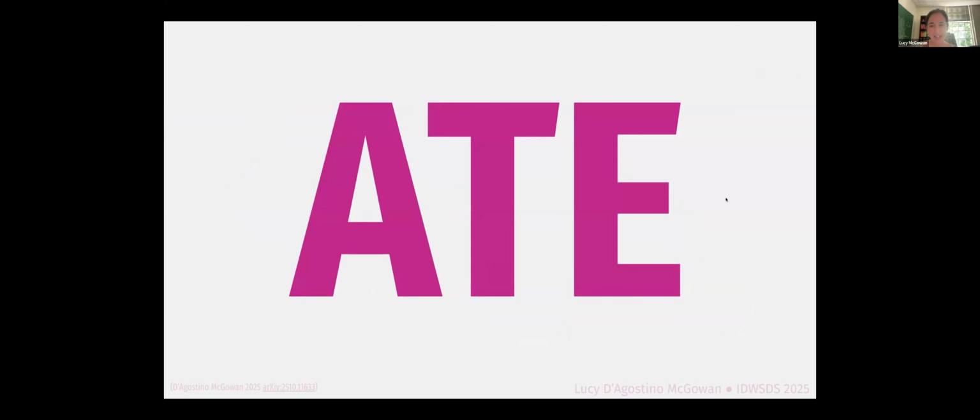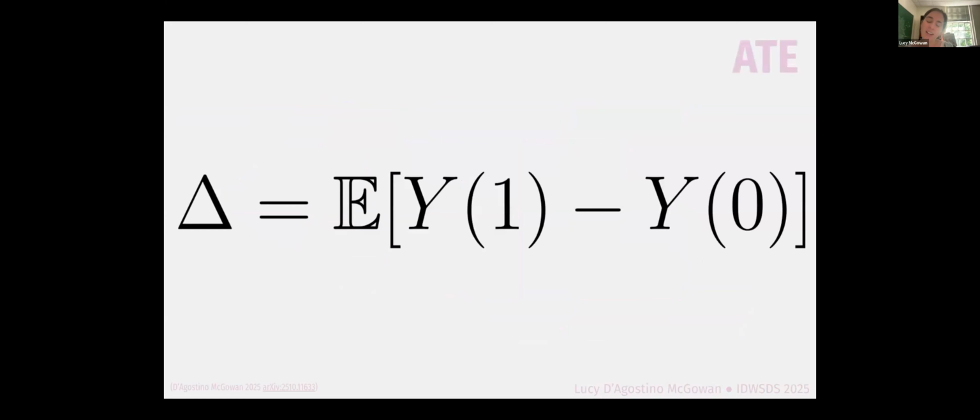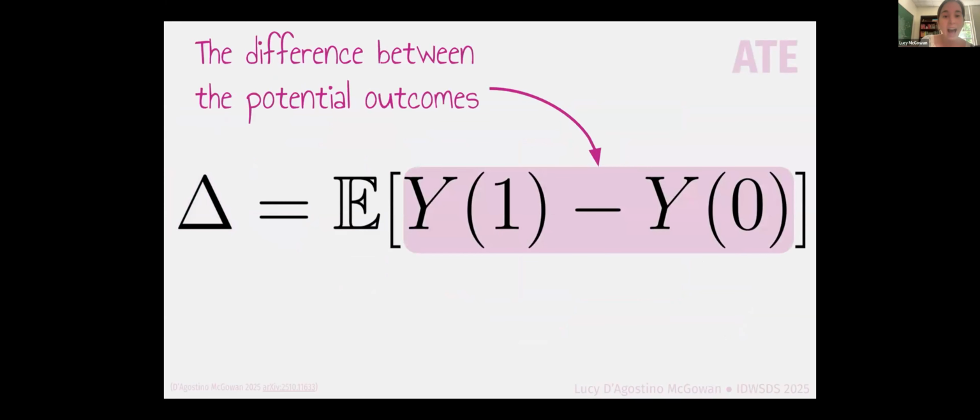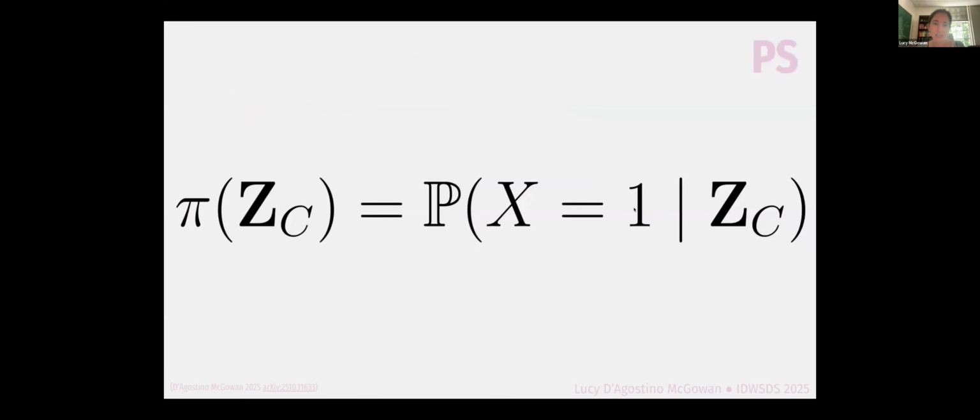Okay, so ultimately I'm interested in an average treatment effect, which I will refer to as ATE. And this is usually the kind of estimand we would use to estimate the average treatment effect. I'm going to use delta as my causal effect of interest here, and ultimately I'm interested in the average difference between potential outcomes. In causal inference speak, we write Y1 as your potential outcome if you were given the exposure. Y0 is your potential outcome if you were in the unexposed group, or if you were not given the exposure. We ultimately would like to know the difference for every individual, but we can't because only one is observable, so we're going to try to estimate this.